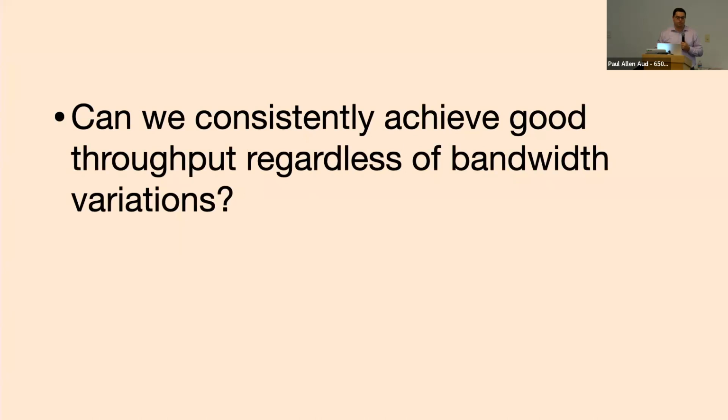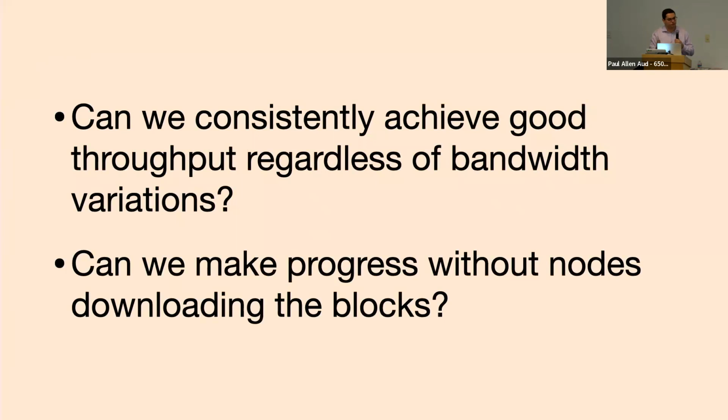The question is, can we get rid of this type of bottleneck? In particular, is there a way to design a consensus protocol that will achieve what the available throughput of the network is, regardless of whether there's bandwidth variation across the nodes? And as I'll describe, what we're going to try to do to achieve this is take block download off of the critical path of the consensus protocol, so that nodes can come to agreement without ever downloading the entire block. So how is this possible?